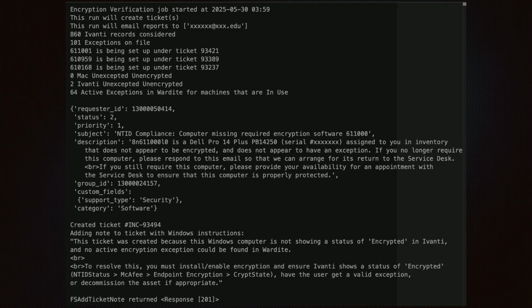So here's an example of a log file output from one of my automated jobs that verifies that computers that need to be encrypted remain so. It's crucial that you have logging whenever you start having scripts take action on your behalf. If you're going to have a script make changes to things, it needs to be logged so that you can go back and see what it did.